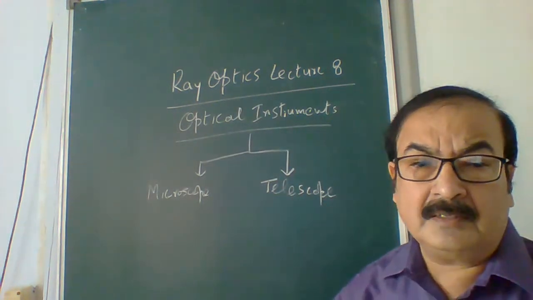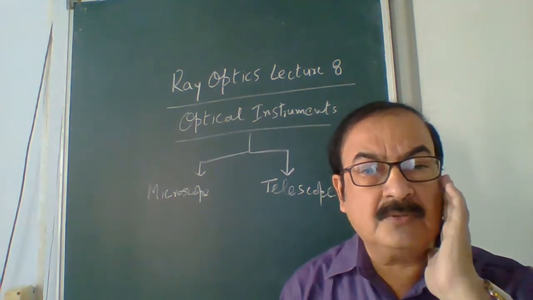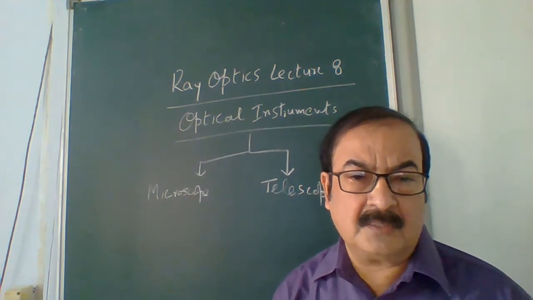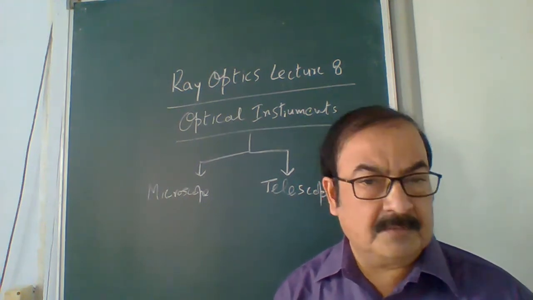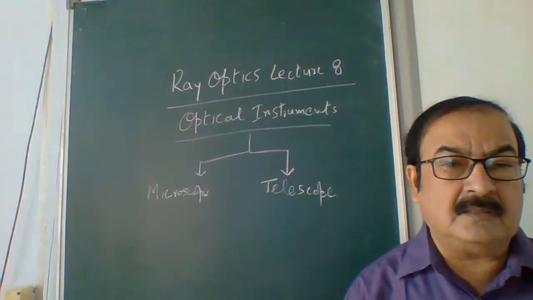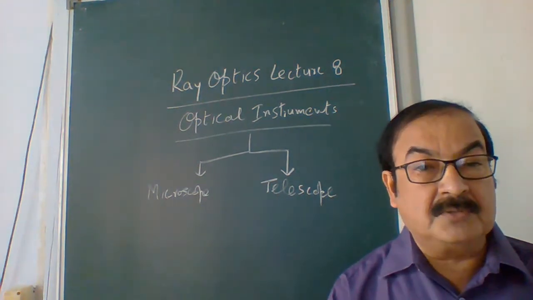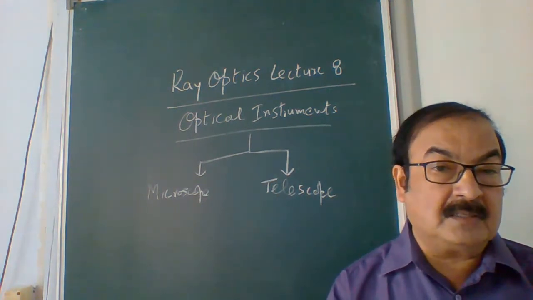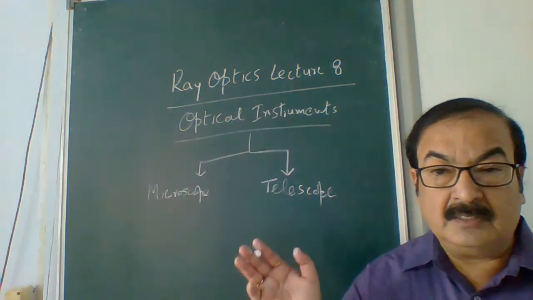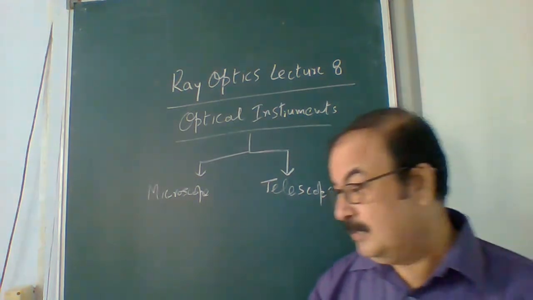They have different functions. A microscope is used to see very minute, very small objects. Of course, they are placed very close to us, and that we have to measure. And a telescope is used to observe distant objects. When the object is placed far away, to see a clear image of that object through an instrument, we take a telescope. First we take the microscope, then we will discuss the telescope.